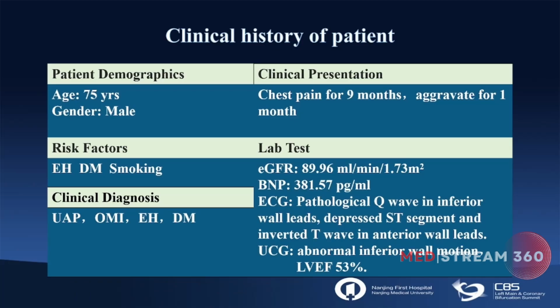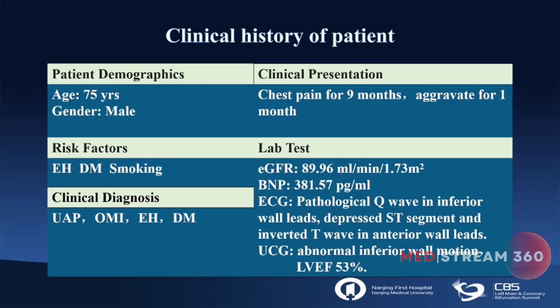He is a 75-year-old male, with chest pain for 9 months, aggravated for 1 month. His risk factors for coronary heart disease are hypertension, diabetes, and current smoking. He has normal renal function. BNP is 381. ECG showed pathological Q wave in inferior wall leads, depressed ST segment and inverted T wave in anterior wall